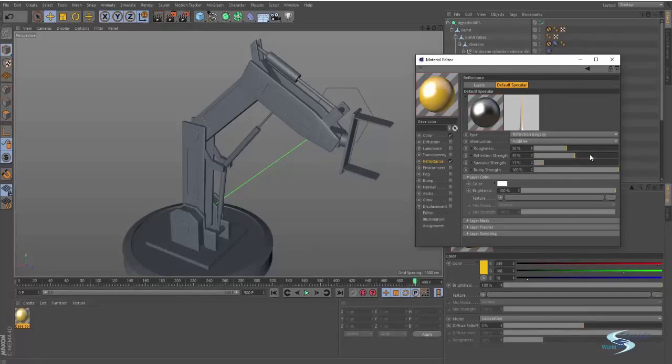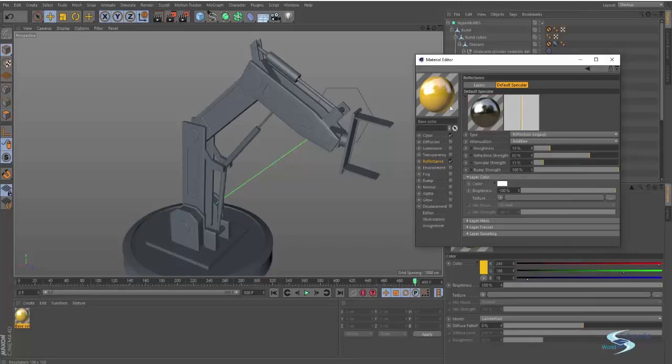So as you can see, it just starts reflecting the environment around this ball. So there's a default environment that's going to be shown. If I turn down the roughness, as you can see, the reflection gets much more clear. So you can see there's actually a tree and it's sitting on a road. So since this is going to be